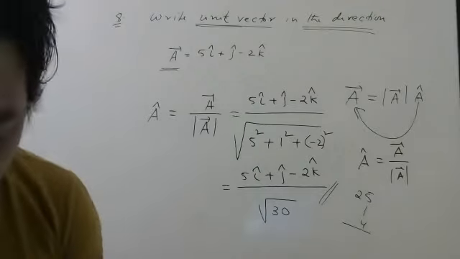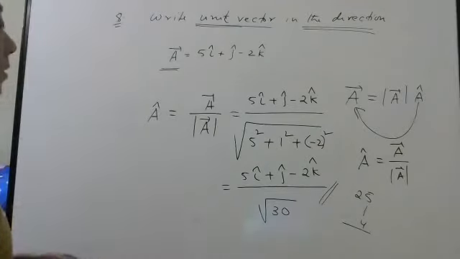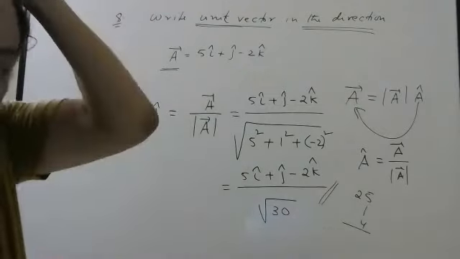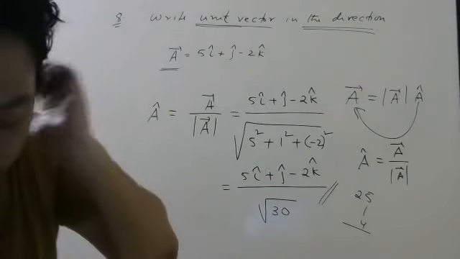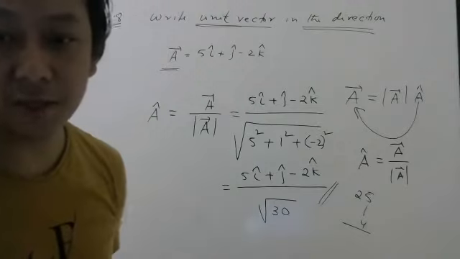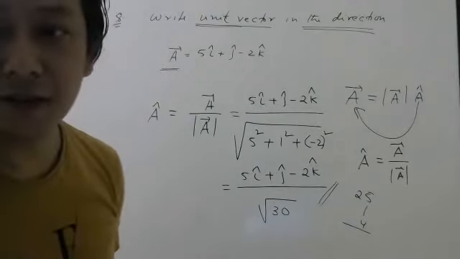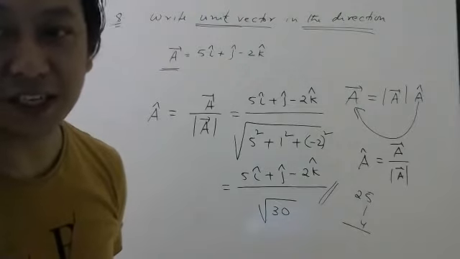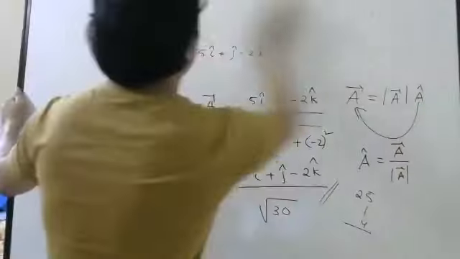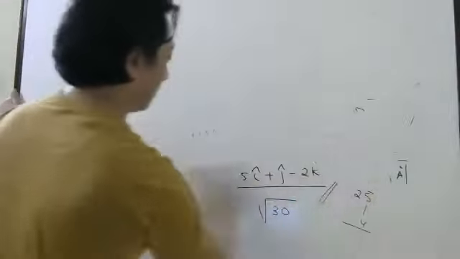Question number 9 I have done already, so I will not repeat. So this learning exercise is over. Question number 9 we have done. The answer was to show they are perpendicular. If the magnitude of a bar plus b bar is equal to the magnitude of a bar minus b bar, the angle between them should be 90 degrees. Already we have discussed. One extra question you try.